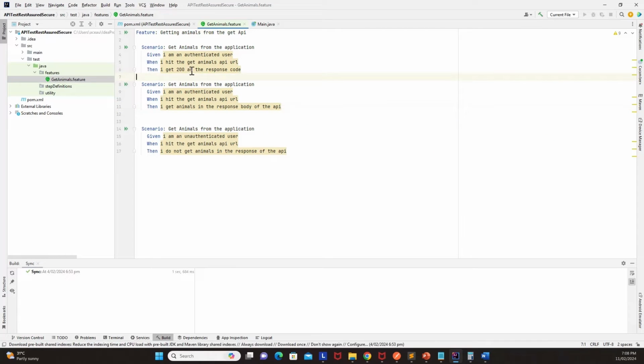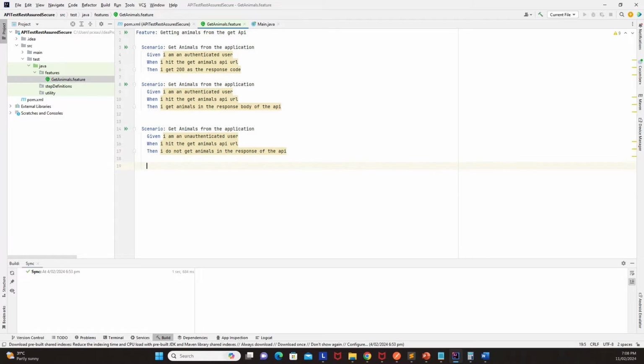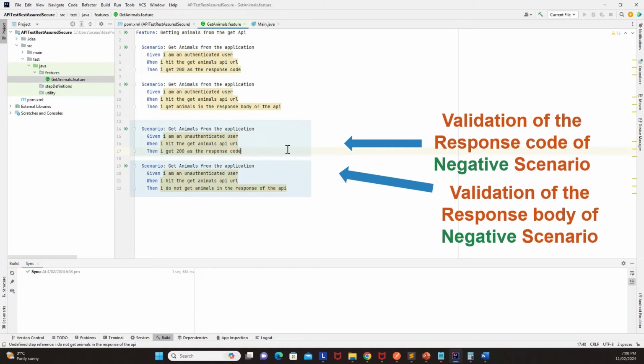Okay, we are adding the aspect of response code as well as the response body. Similar to that, we will add the second test that we had for the negative scenario. We will add the response code as well as the response body. So here I'll just add the line that I get 401 as a response code, and I do not get